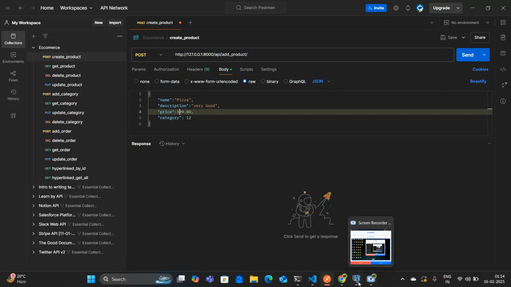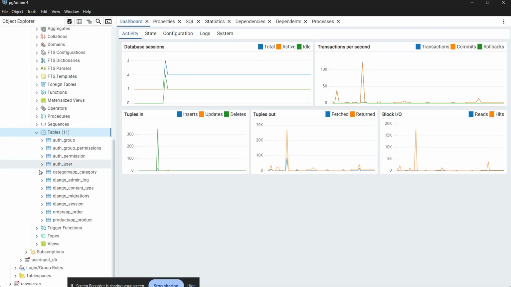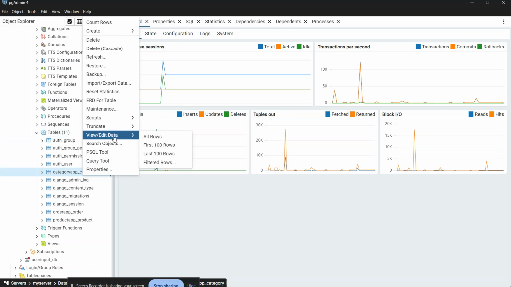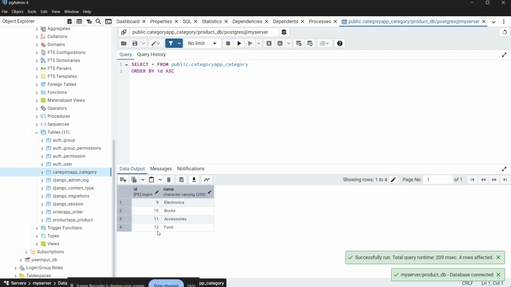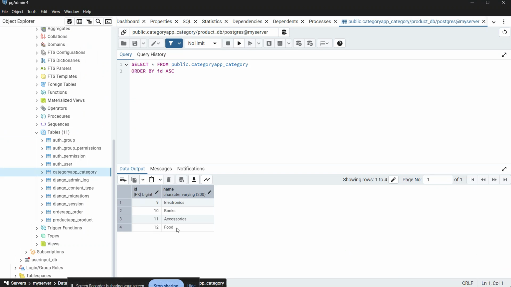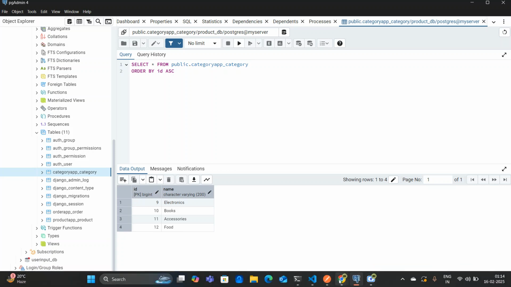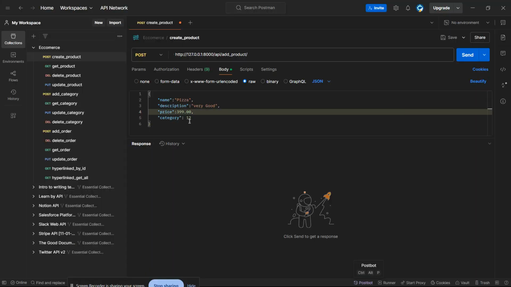So let me check inside my database. Inside my category table, id 12 is food. So pizza is a food item, so I have to mention here food. So 12 category id I mentioned, and let me send.